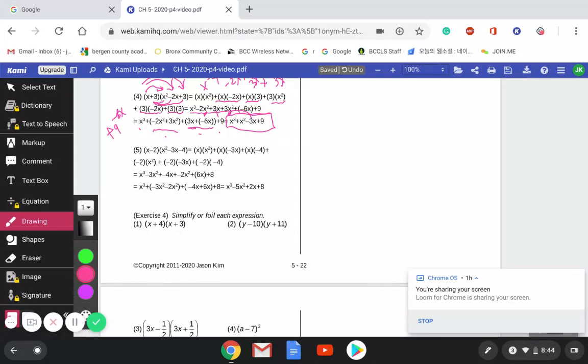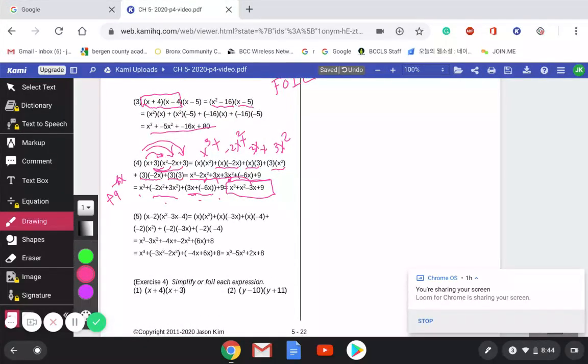And now again, I'm going to do this one here, x minus 2 multiplied with the x squared minus 3x minus 4. Again, I'm going to distribute with x. So x with the x squared, plus x with a negative 3x, plus x with a negative 4. That's with the x. Now I'm going to distribute with a negative 2 with the x squared,